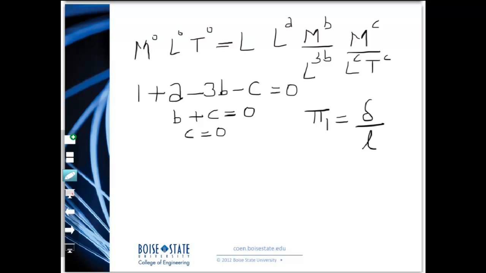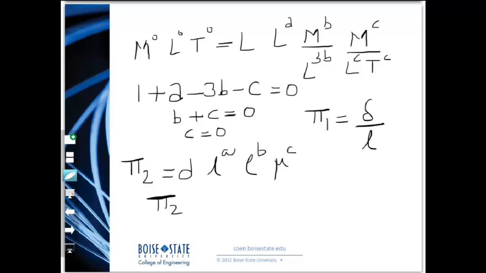Okay, and then you repeat the same process to find the next pi group. So pi 2 would be, now you pick another non-repeating variable D, and then you have L raised to the power A, density raised to the power B, mu raised to the power C. Okay, and you do the same procedure as we have done here. Again you'll end up with 3 equations and 3 unknowns, and if you solve them the way I showed it here, you should get